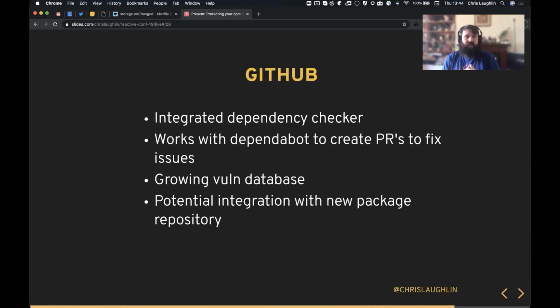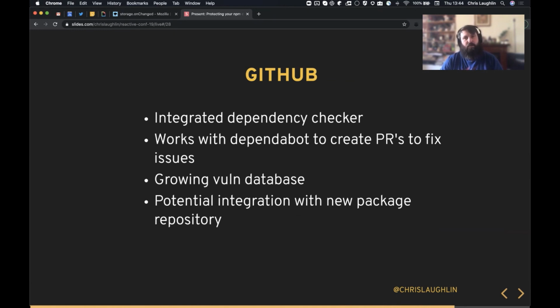And then lastly, this is the one that most people will get a lot of the benefit and advantages out of. Most people are using GitHub to maintain their source code. It now has its own built-in dependency checker, so it's doing something similar to Snyk, checking your package JSON file, going through all those dependencies, checking if there are known vulnerabilities in them. But since GitHub acquired Dependabot, they've also built in the ability to do automated PRs to fix these. So that takes a bit from that